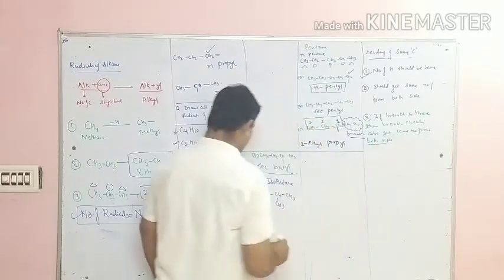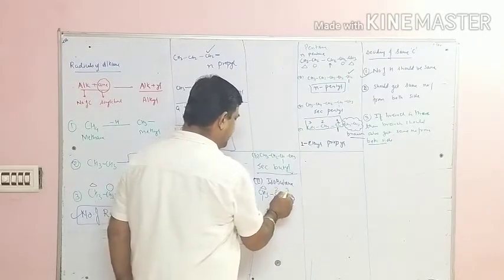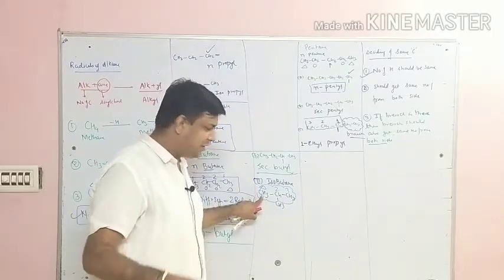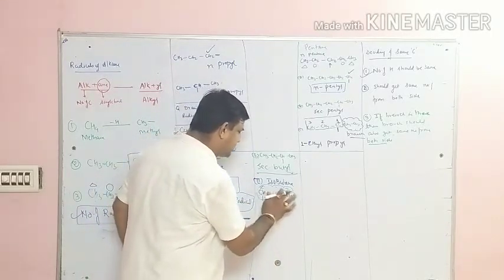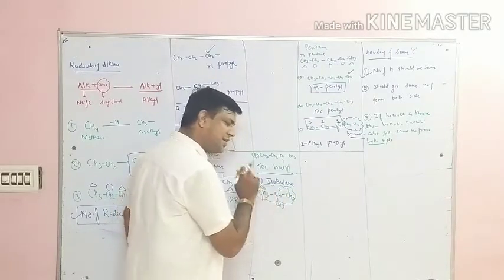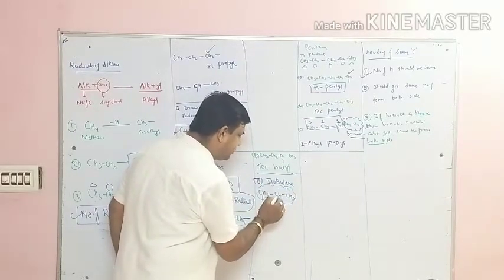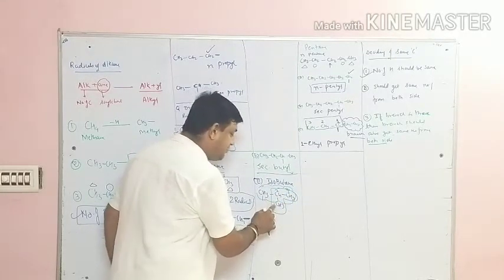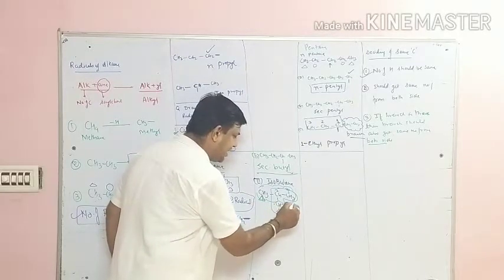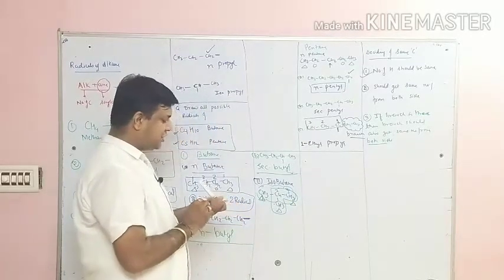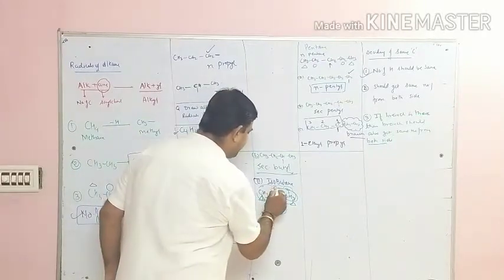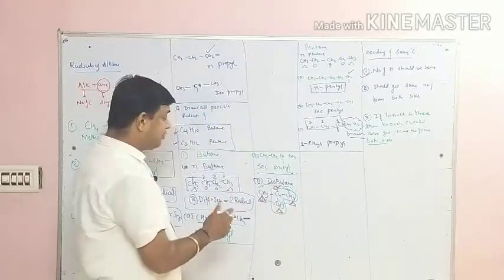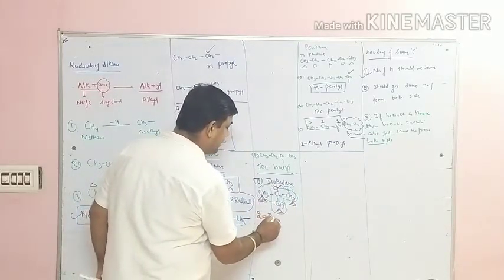See, in this case if I put 1 here, 2 and 3, this is the longest chain, then this is the branch. This carbon, if it is given 1, then 2 has got the branch. If I give this carbon to be 1, then again the 2 has got the branch. If I give this carbon to be 1, then 1, 2, 3, if I choose the longest chain in this way, then also branch. It means these 3 carbons are similar. Getting this point? These 3 carbons are similar and this is the different carbon. Therefore, 2 different signs are there. So, 2 radicals will be formed.